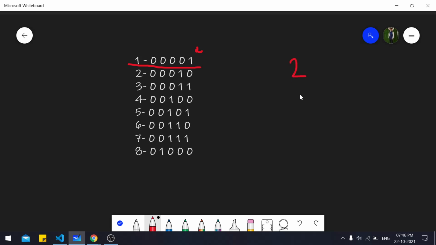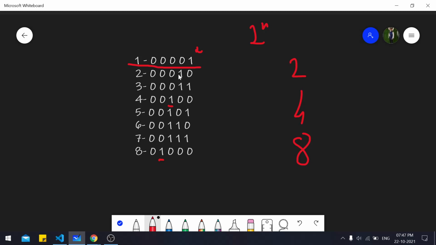Now when I double 2, that is I come to 4, this bit will become set. Now when I double 4 again and come to 8, this bit will become set. Otherwise all the bits were 0 before it, right? This is a simple observation that you have to make in many questions. There were many questions like this before as well, that when we double the element, right, bits are basically what? 2 to the power n, the position.